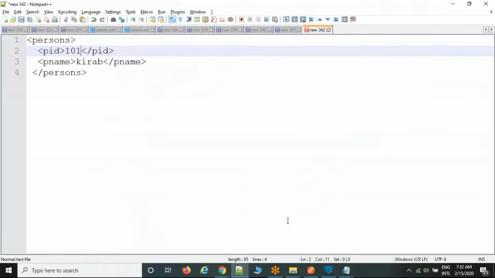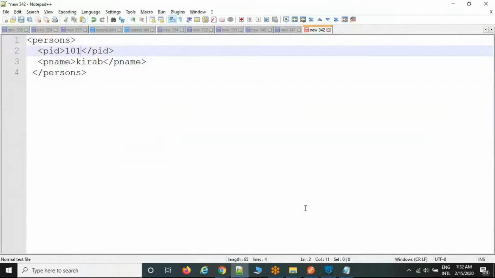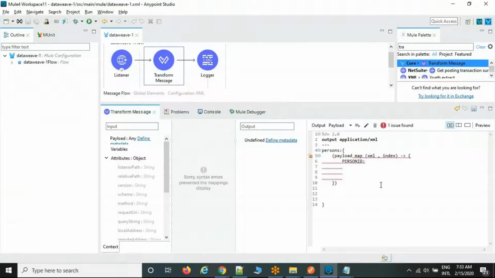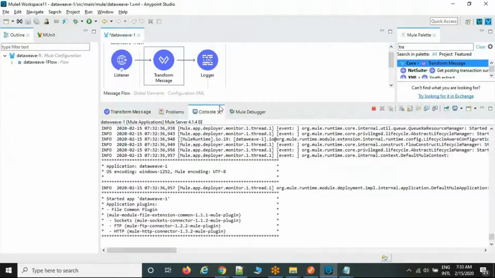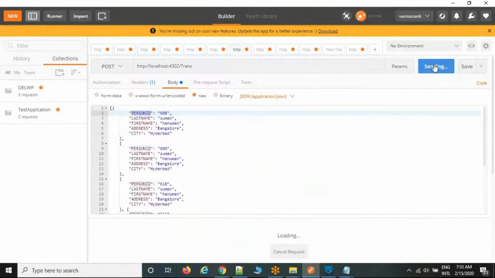Now you can do the display part. This is the display part. Where is the file? And this is the person ID. So all key values are stored under XML, right? Now you can use XML dot person ID. Same for last name colon XML dot last name. Now if you want, you can test. Just run. This is the flow, right?